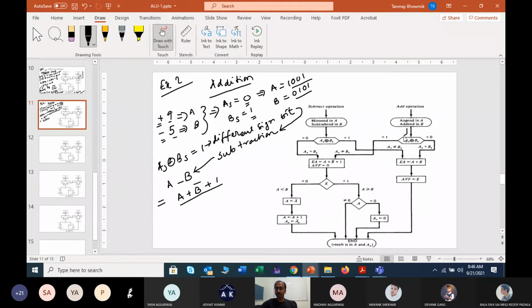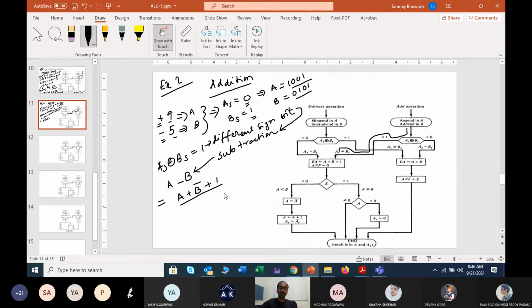From here we are coming, we are forming the different sign bit. So then it is coming in this zone and it is going to this part. Okay, this route we are following now. So next task we should do now. So how we'll do now? We will do like A is equal to 1001. So A is perfect. Now B complement. So B complement means B was initially 0101.